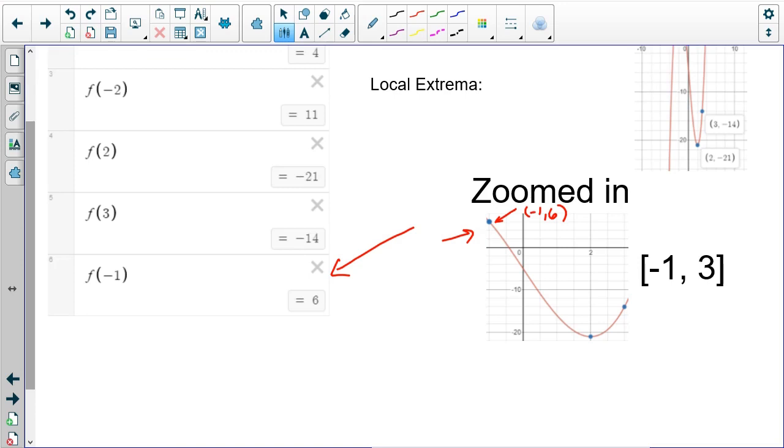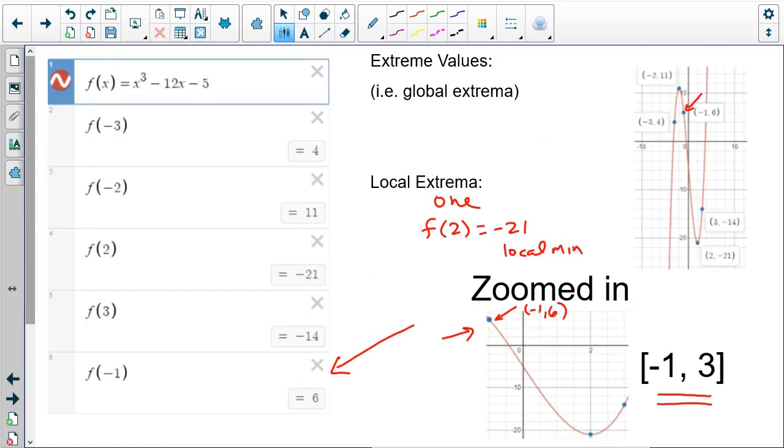So I'm down to one local min or max in my interval, and that's at f of 2 equals -21. That's a local min. And then I have to change what's happening with my global values because I changed my window. So f of 2 equals -21 is the global min,